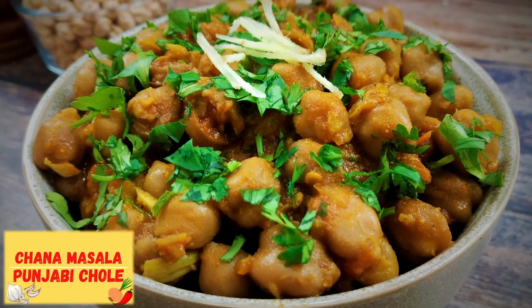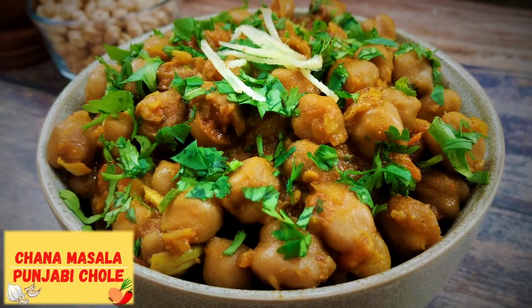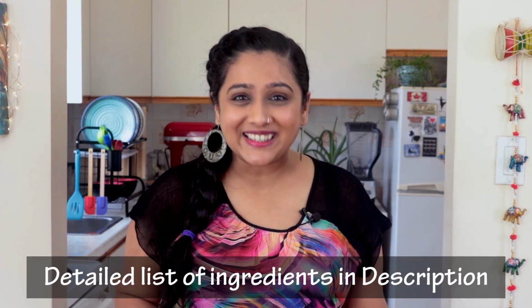Today we are making the very famous North Indian dish Punjabi Chole or Chana Masala. This amazing dish just completely mesmerizes your taste buds and leaves you licking your fingers and wanting more. Chole or chickpeas cooked in its various avatars is one of the most versatile and popular street foods of North India. It's also one of the most extensively eaten Indian dishes worldwide. So let's go whip up some mouth-watering chole, and don't forget to check out the list of ingredients in the